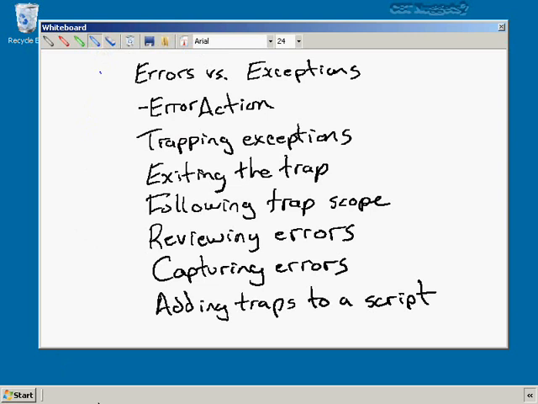We'll start by looking at the differences between errors and exceptions, because that can be a confusing part about the way PowerShell works. We'll look at the -ErrorAction parameter, which allows us to create exceptions that we can trap, and then of course we'll look at trapping those exceptions. Inside of a trap is where you deal with the error, either try again or maybe log an error to a file,